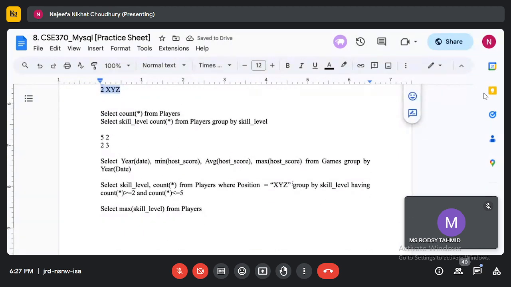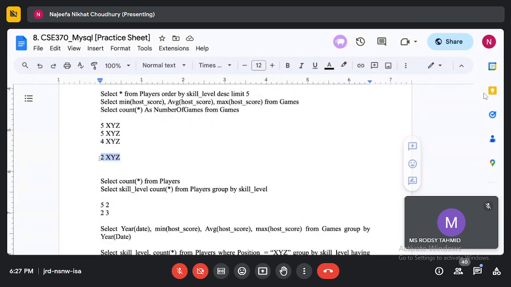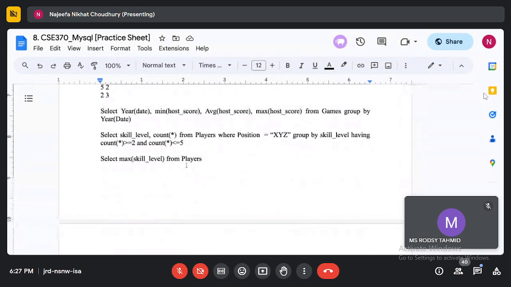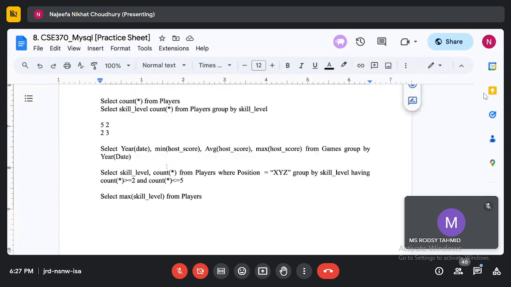Then I'm doing a group by on skill level. So now this is one group, I have 2 values here. This is one group, I have 1 value here, and this is one group, I have 1 value here. And now I'm saying these groups must have a count of greater than or equal to 2 and less than or equal to 5.